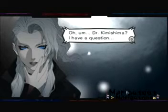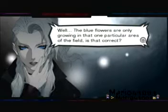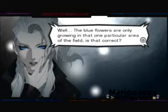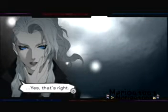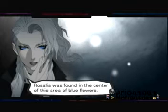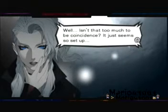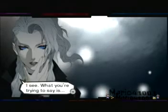Oh, Dr. Kimishima? I have a question. Hopefully it's something I have an answer for. What is it? Well, the blue flowers are only growing in that one particular area of the field. Is that correct? Yes, that's right. Rosalia was found in the center of this area of blue flowers. Well, isn't that too much to be coincidence? I see. What you're trying to say is...